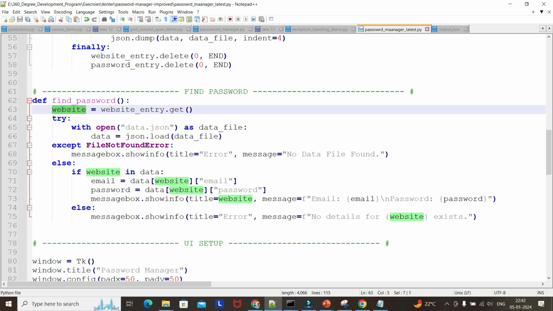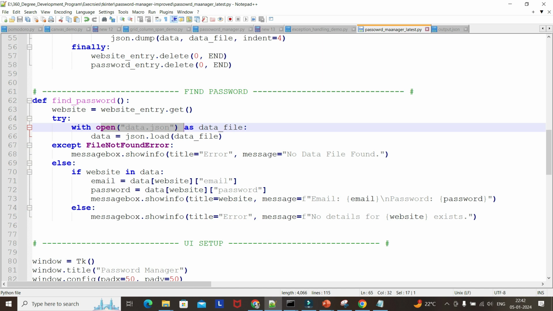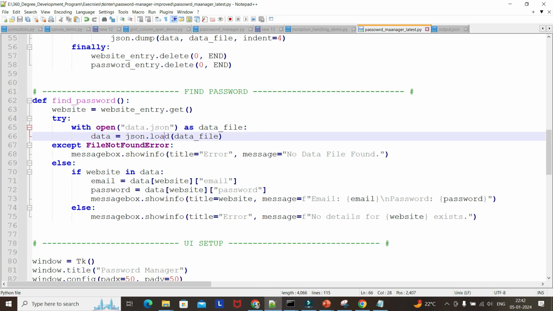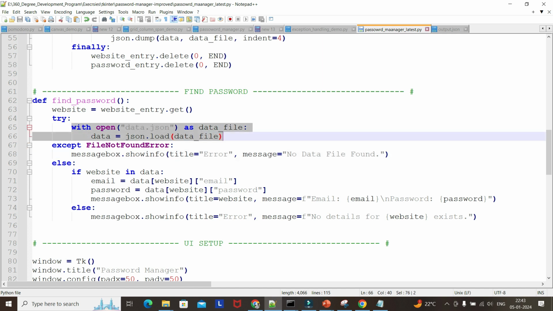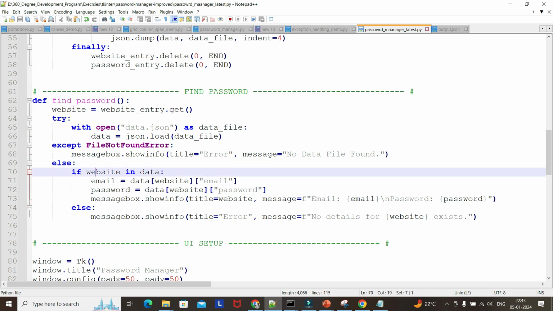We are storing that into a website variable, and then we are opening that JSON and loading that. If file not found error, we will get a message box showing info error, no data file found. And if the file is there and you want to search, now if website is in data,